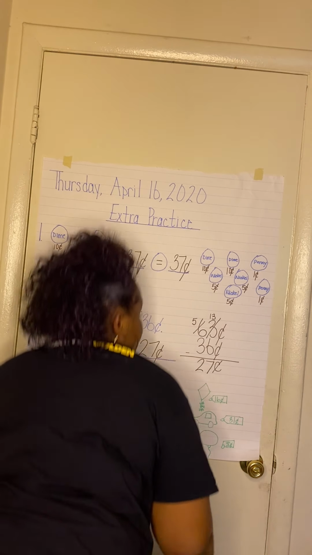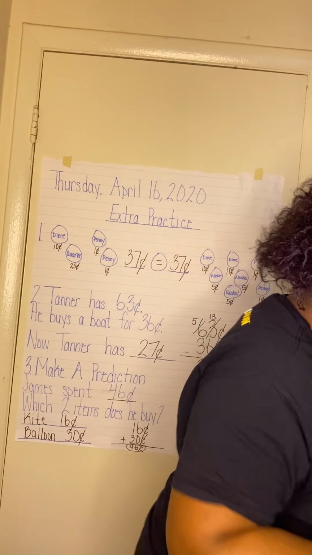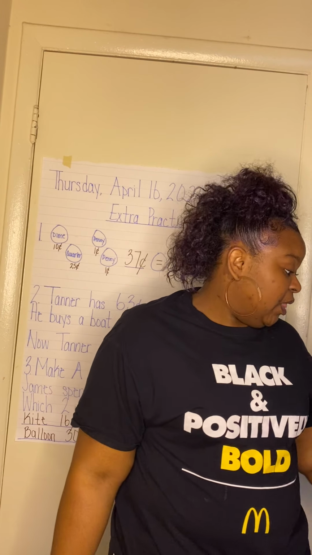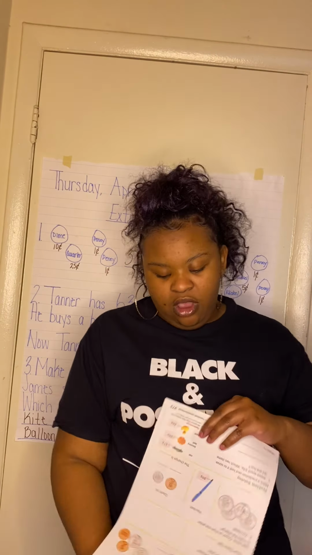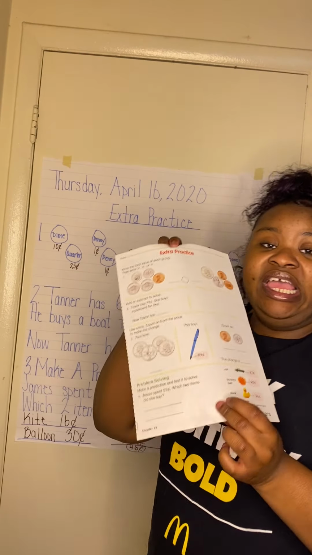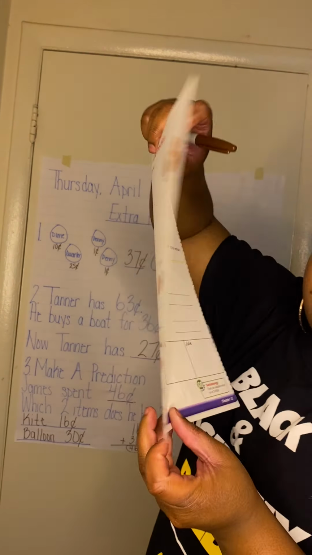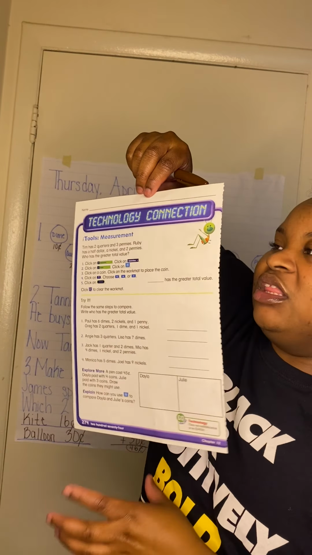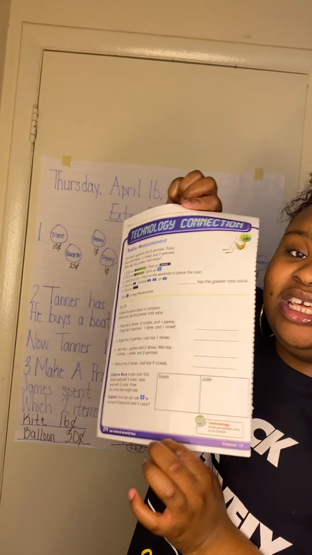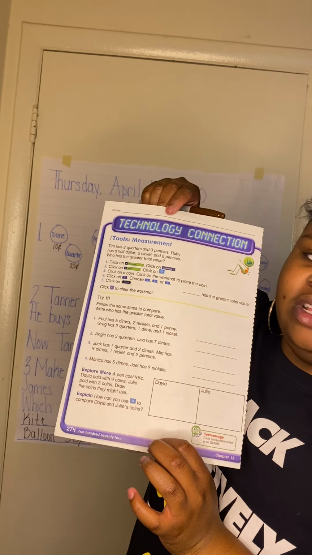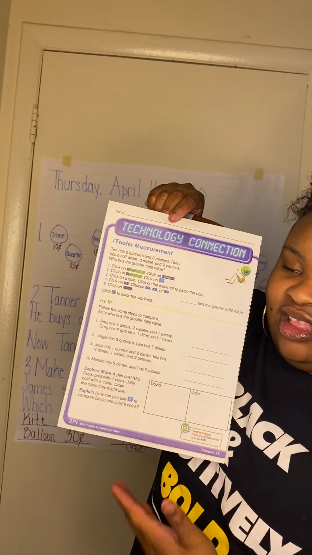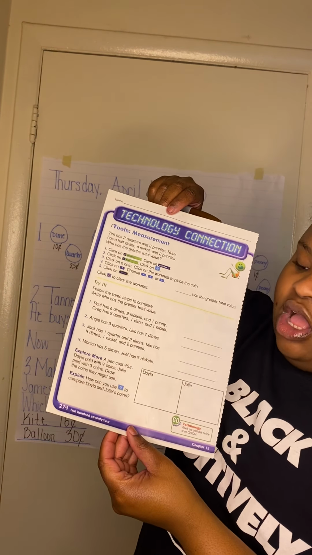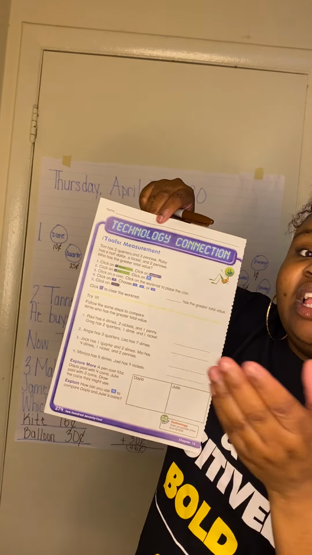Okay? So you're going to do the same thing on number 4 on page 273. Again, all you have to do is page 273. Page 274 is extracurricular. I'm not requiring you all to do it because it is a technology connection. And I'm not really sure who has access to technology and who doesn't. So I'm not going to require you all to do page 274, but it is literally up